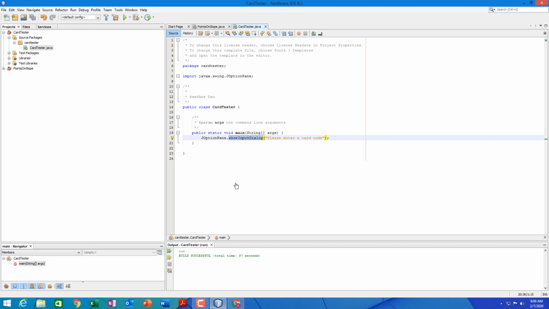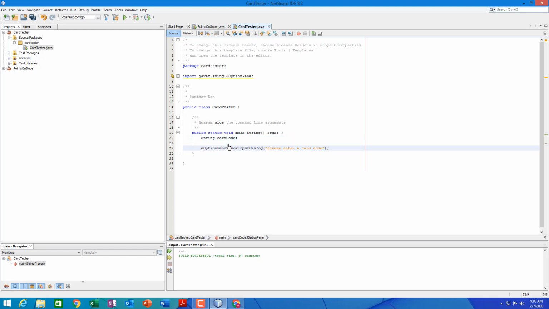So instead of just ignoring that it's returning something, we can store that into our input string. So say string, and we might call it a card code. And now that we have this string variable, we can store the result of what the user typed in into that card code. So we just assign the string that's coming back from JOptionPane into the string variable called card code. Now we have our card code, and now we can use that to construct our